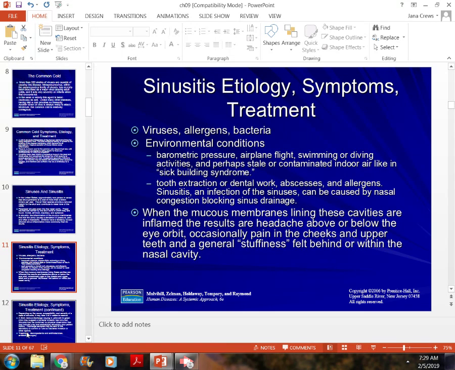Generally, we see bacteria and virus-related sinus infections. Most doctors will treat you like it's a virus for a week, and then after a week, if it's not better, they'll go ahead and give you an antibiotic. Most people have a headache and a runny nose. Sometimes they'll run a fever with a sinus infection. They'll feel like their nose is stiff and swollen, all in the nose and right around the eye. Sometimes the eyes will be puffy. Sometimes the sinuses are so swollen that the eyes will actually drain.